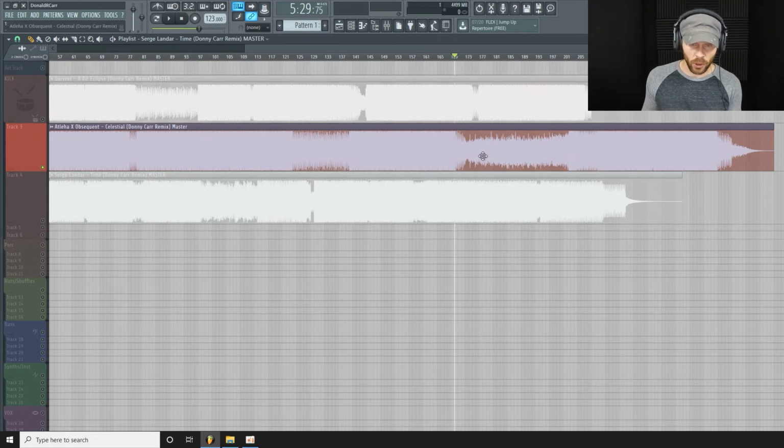I really liked how those two ARPs worked together, and I was really tempted to play them together much earlier, but I thought that doing it this way had way more impact when it finally does happen. And I felt like it would leave the listeners wanting more as well, instead of just beating them over the head with it. So that is Celestial.